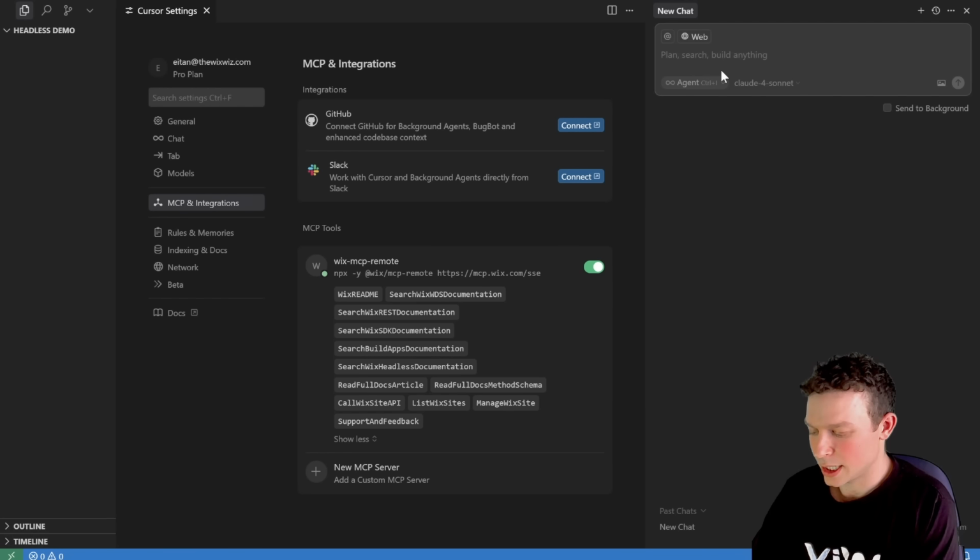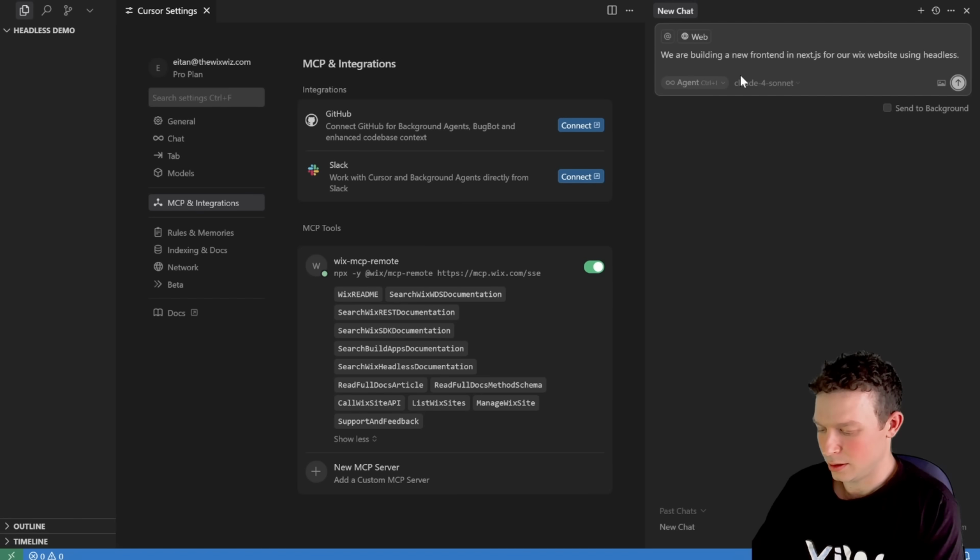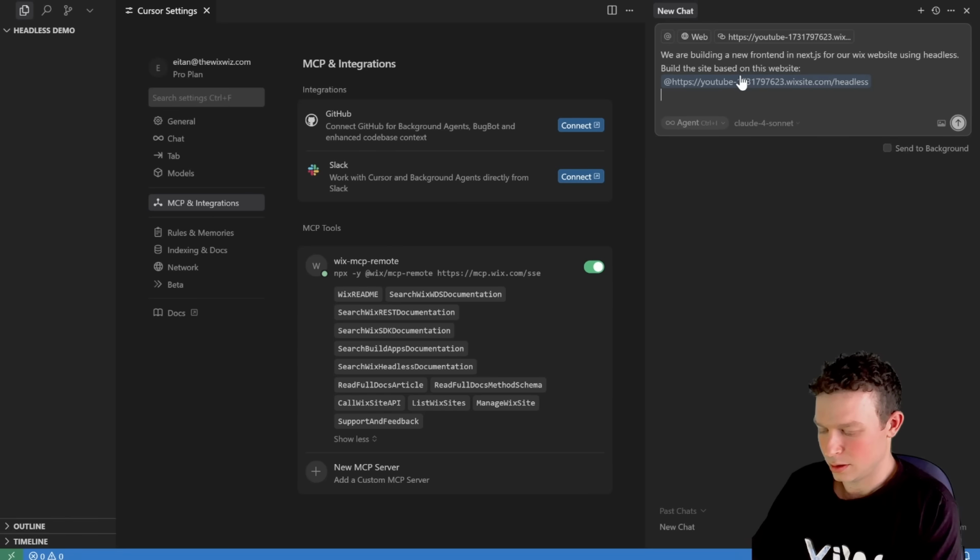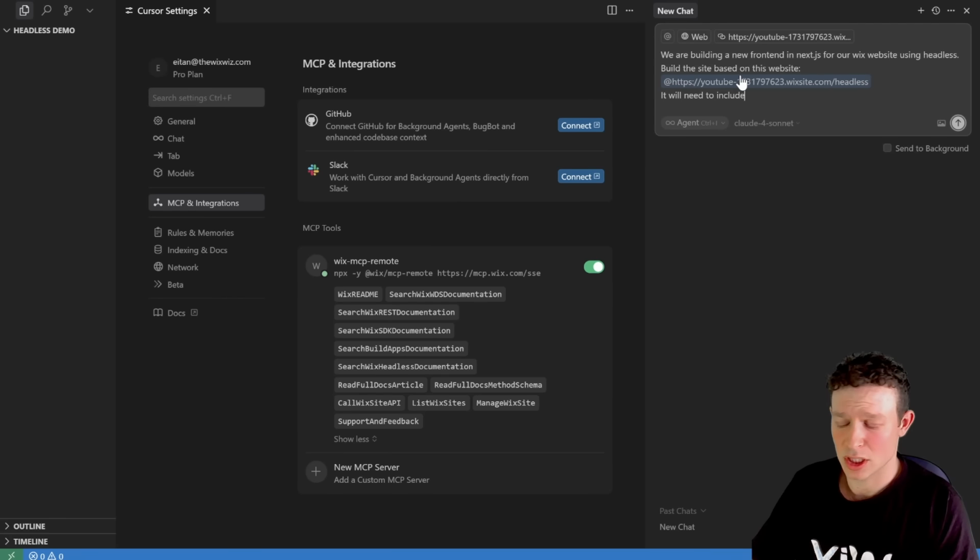And what I'm going to tell it is that we are building a new front end in Next.js for our Wix website using Headless. Build the site based on this website. It will need to include, and I'm trying to give it as much information as possible to try and ensure its success, it will need to include